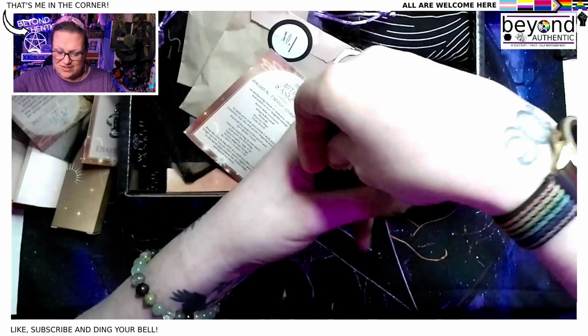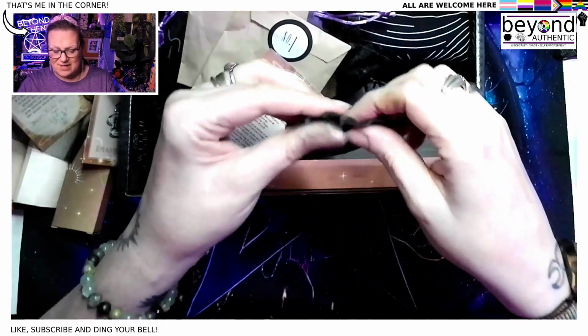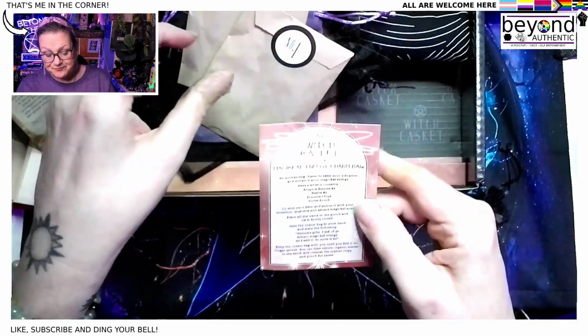Some of the jewellery that I wear most often, that you would have seen me wearing, my healing bracelets that I make, quite a few of those have got fluorite in. Absolutely love it. So then,